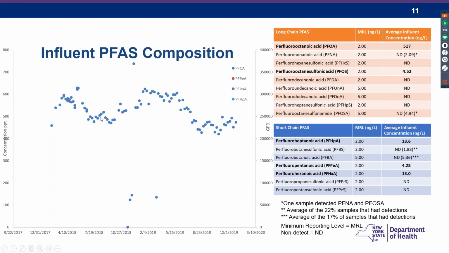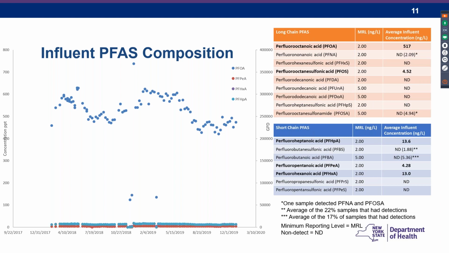And of the 16 compounds that we looked for, we routinely got detections for 5 compounds, and those compounds are highlighted or bolded here on the side. And we did make a designation between the long chain and short chain at 7. I know that's kind of a floating target in the literature, but that is how we made the designation in this research project. So we saw PFOA, and